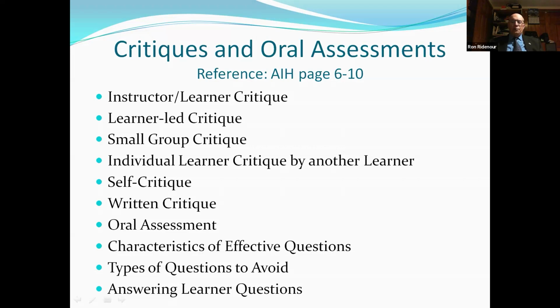So, characteristics of effective questions, we talked about that. Types of questions to avoid. I've often said I'd like to ask one question on the practical exam, and that is, tell me how to fly from point A to point B on a cross country flight. Because realistically, if they can do that,